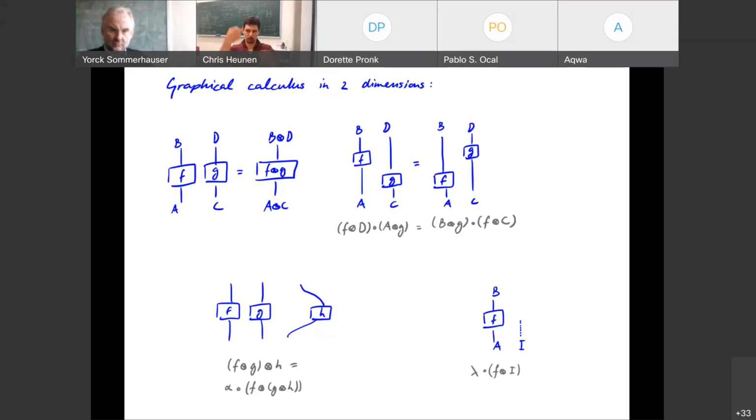That's the same as sort of doing it the other way around, doing F first and nothing on the right, and G second and nothing on the left. Right? You can move these things around. That's why it's called the interchange law. And again, in the pictures, you can't really see the difference. These things sort of melt away in the graphical language.